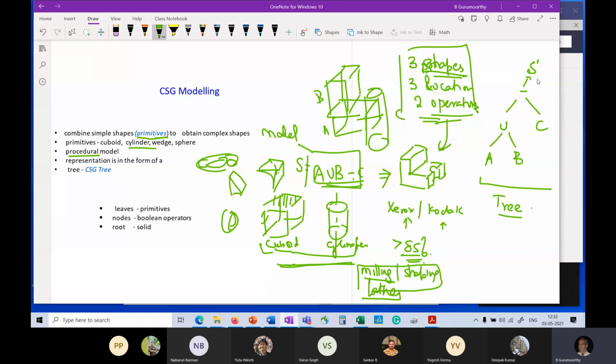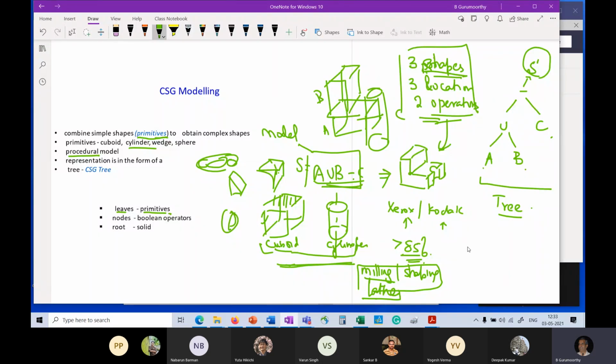The final result, which is my root, is at the top, and the leaves are the terminal entities at the bottom. And so my model, the procedural model, gets represented in computing parlance as a tree, where the leaves, which means the end nodes, are typically always primitives, A, B, and C. The intermediate nodes are my operators, the union, the difference, maybe even intersection. And the final solid rests at the root of the tree. So the tree is also inverted in some sense, root at the top and the leaves at the bottom.